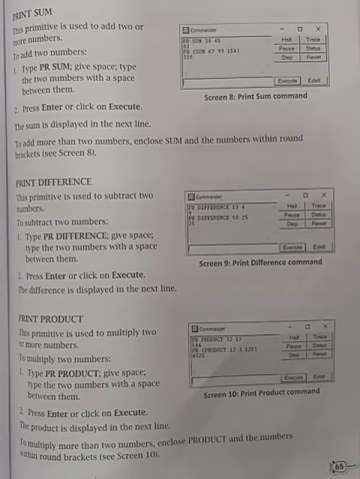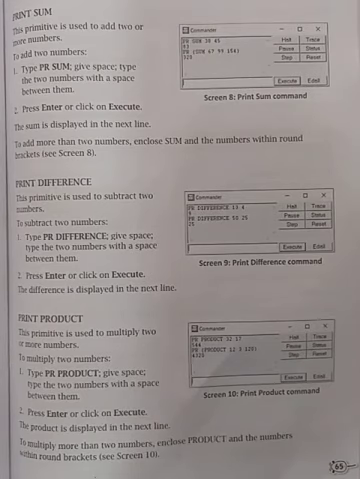Let's learn about the different primitives using print primitives. Print sum. This primitive is used to add two or more numbers. For example, if we want to find the sum of many numbers, for example here 67, 99, 154, simply type PR sum,